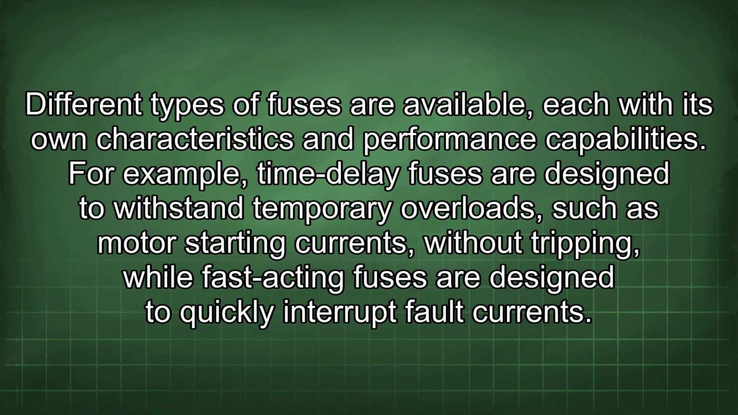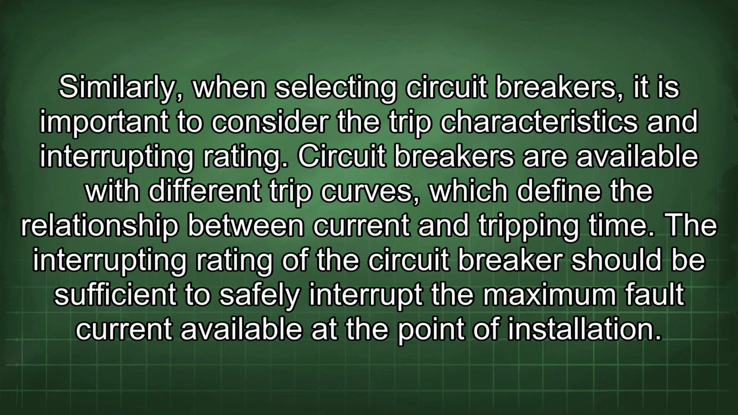Different types of fuses are available, each with its own characteristics and performance capabilities. For example, time delay fuses are designed to withstand temporary overloads, such as motor starting currents, without tripping, while fast-acting fuses are designed to quickly interrupt fault current. Similarly, when selecting circuit breakers, it is important to consider the trip characteristics and interrupting rating. Circuit breakers are available with different trip curves, which define the relationship between current and tripping time. The interrupting rating of the circuit breaker should be sufficient to safely interrupt the maximum fault current available at the